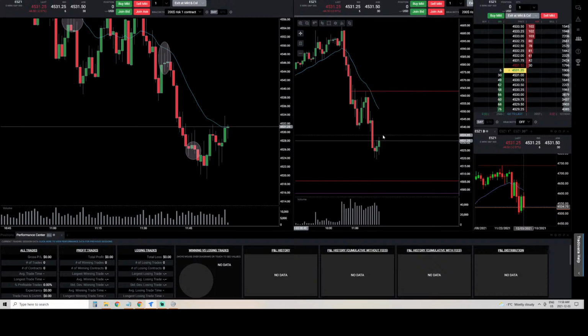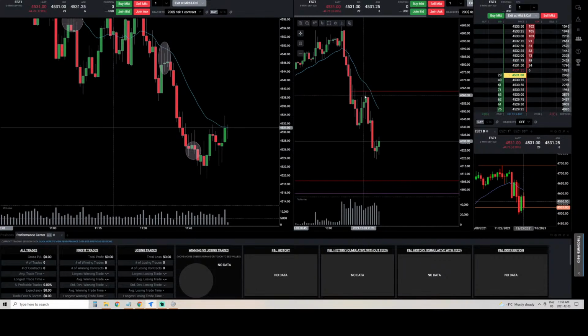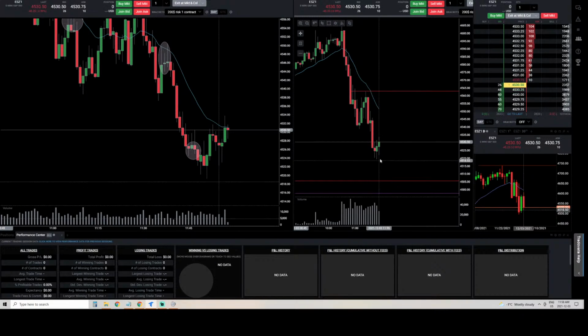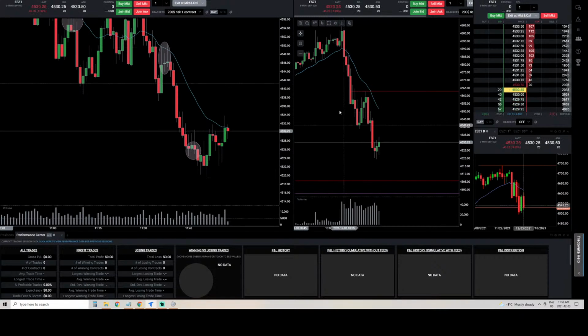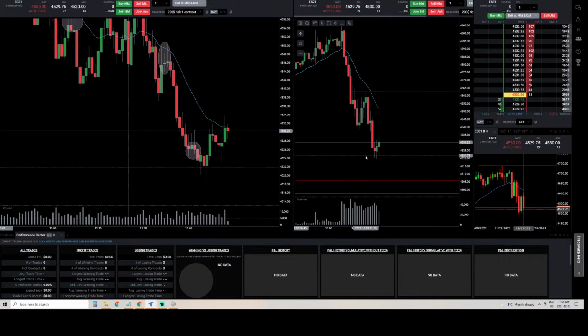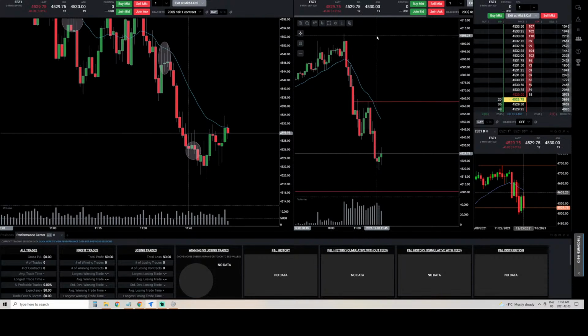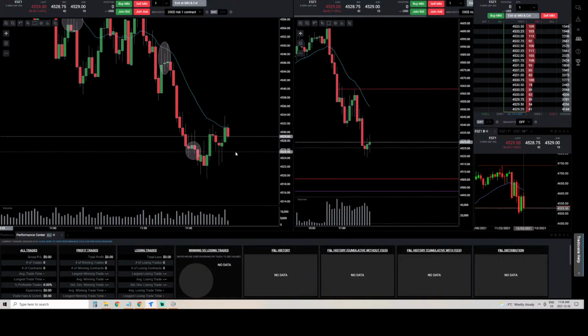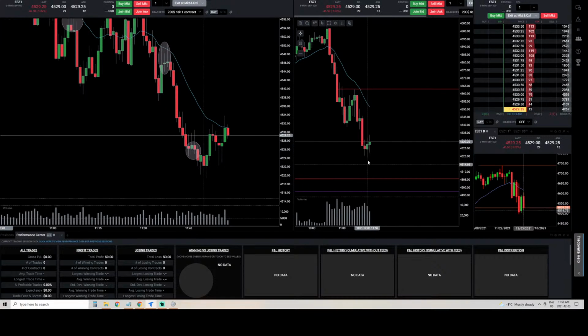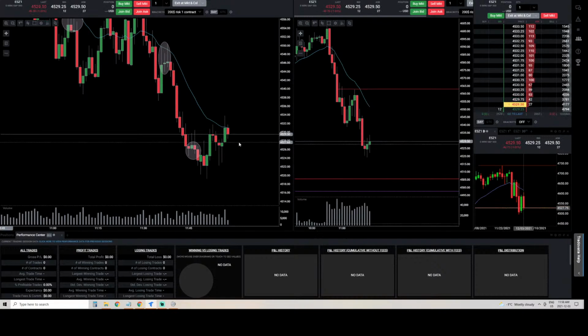Well, we're pulling back again now on the 5-minute chart. We definitely did not achieve our measured move. We got about three-quarters of it. Yeah, we did a 40-something point move. Could continue a little further, but